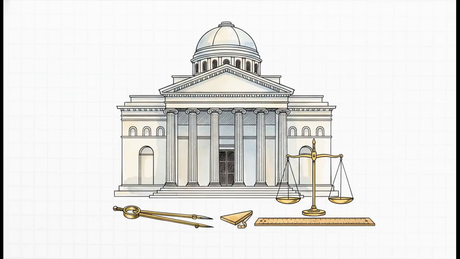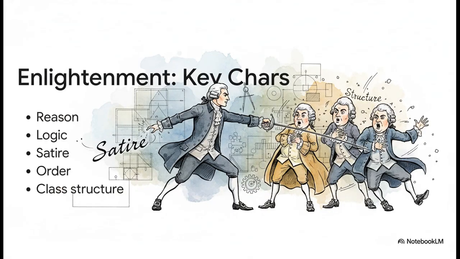We enter the Enlightenment, which you might also see called the Neoclassical period, or the Age of Reason. The new ideals are all about order, logic, and clarity. This whole period reflects this deep desire for stability after years and years of turmoil. Writers valued reason above everything else, and they used satire as their weapon of choice to critique society and its